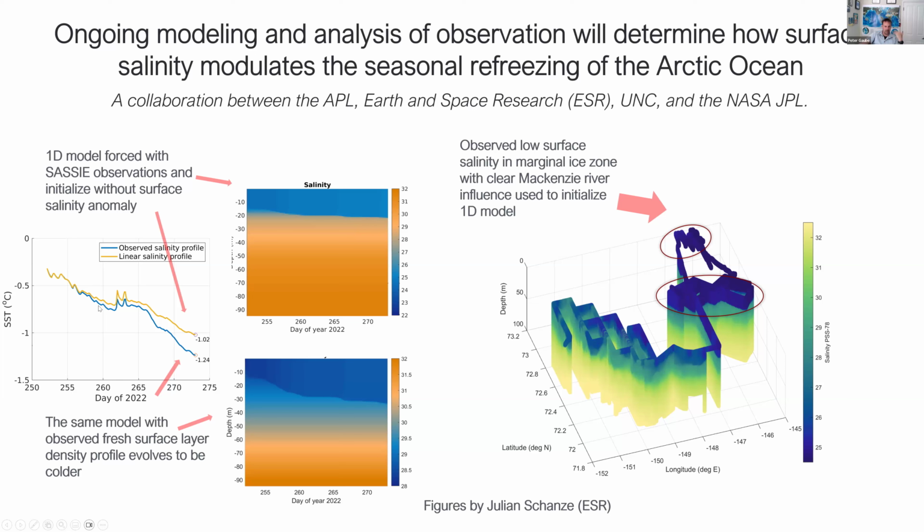And if we go ahead and let this model go forward in time, what we see, and I know this is labeled incorrectly, it says linear salinity, but this is actually an open ocean profile, is that the open ocean profile freezes up at a later time, and it also just has more effort to lose that heat. So what we see here is some suggestion that our hypothesis that near surface salinity anomalies could act as a way to increase the rate of freezing, or maybe just to move up the date of freezing, is plausible. That indeed near surface stratification could play a pretty important role in that.